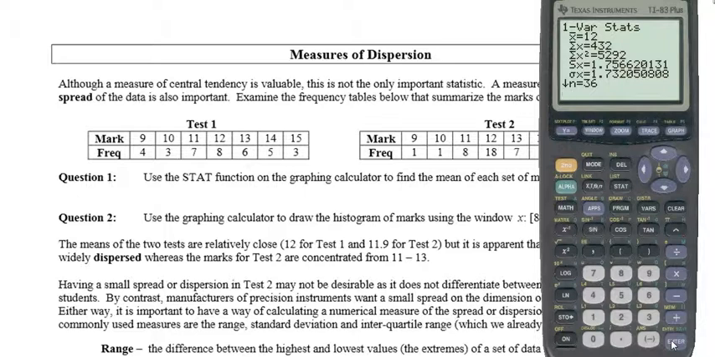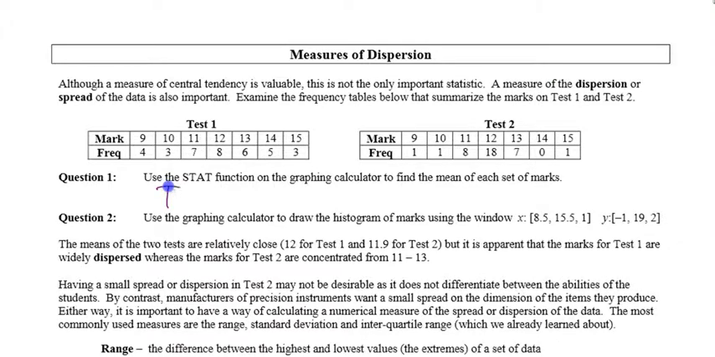Because if you just run a one variable stats without entering anything, with the old firmware, you just go one var stats, hit enter, it'll just run it on L1. And you'll end up with the average of 9, 10, 11, 12, 13, 14, and 15, right? It'll only be like 5 things. Okay, so we want the mean of each set of data. The mean is 12. So test 1,